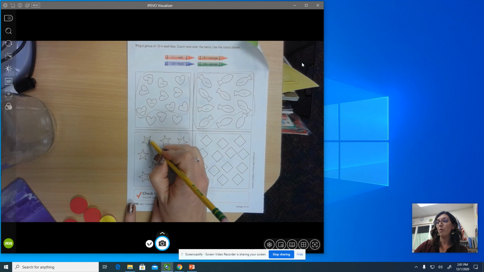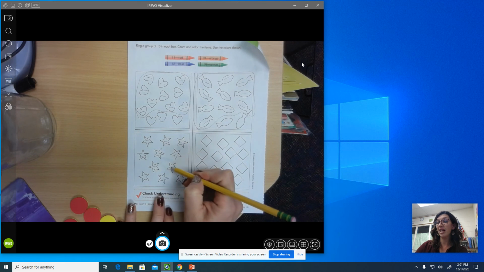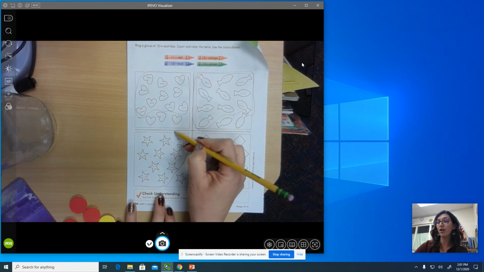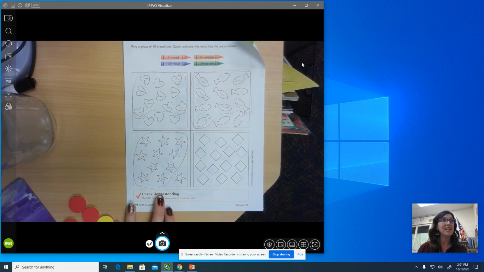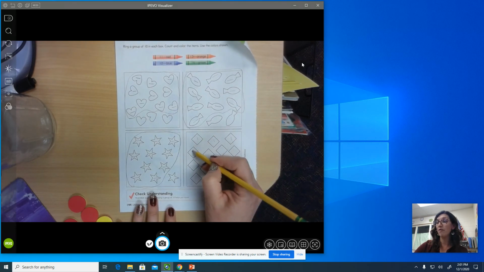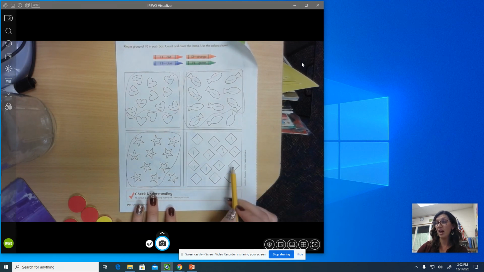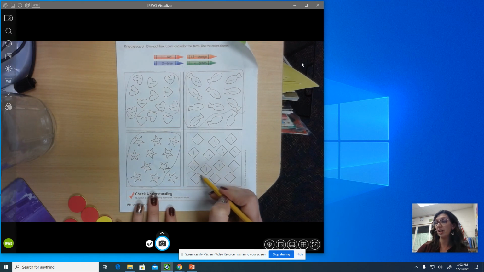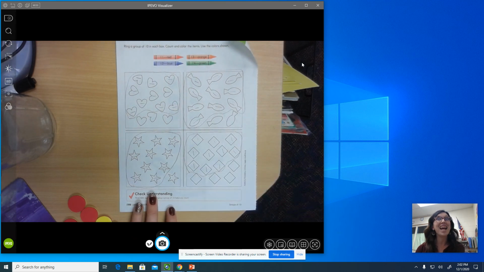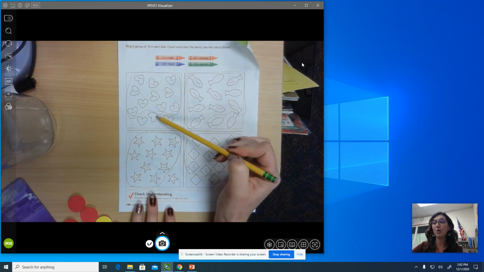Let's do this one. 1, 2, 3, 4, 5, 6, 7, 8, 9, 10. I marked 10. Now I circle that group that I marked, only the ones that I marked, and this guy does not get to go in. Last one. 1, 2, 3, 4, 5, 6, 7, 8, 9, 10. The ones that do not have a mark do not get to go in the circle. So I only circle the ones that are marked just like that. Now it makes it really easy for us to know how many there are in each box. 10 and 3 more is